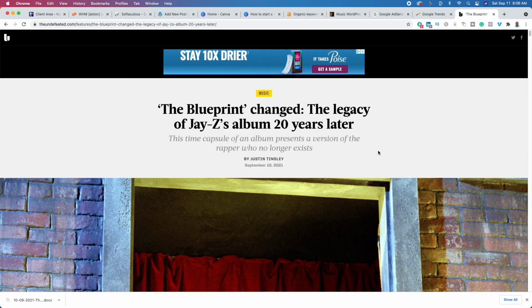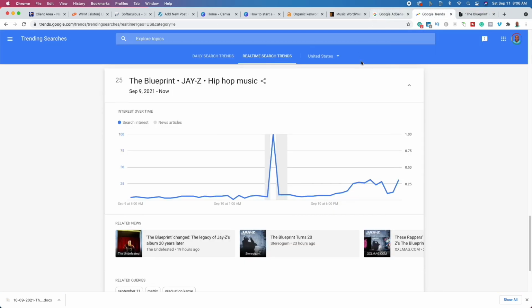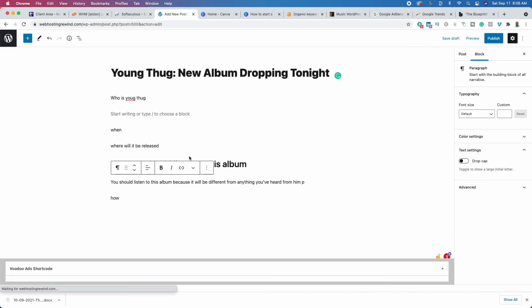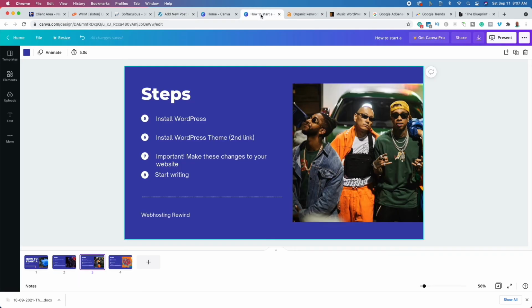So you'd want to make sure that your blog post is about 3,000 words if you were writing on the Blueprint 20 years later. So we could go back over here, make sure that our blog post is fully fleshed out, fully detailed. And then once we're done, we're going to go ahead and click publish. And once we click publish, your website's going to be available for the world to see, hear, read, and react to. Now that we have that, we can go back over to our slide deck,